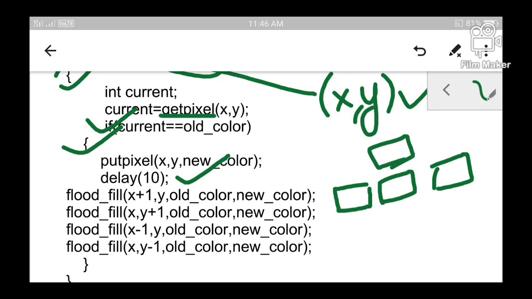The pixel just above the current pixel will be labeled as (X, Y minus 1), and the pixel just below the current pixel will be labeled as (X, Y plus 1). In this way, you have to select each surrounding pixel: one on the left, one on the right, one on top, and one just below.